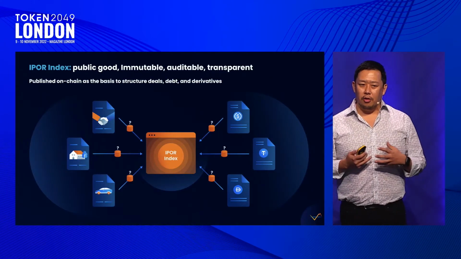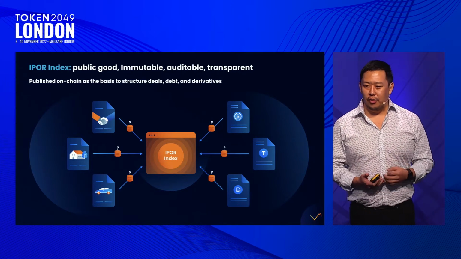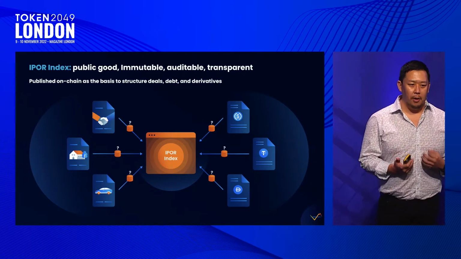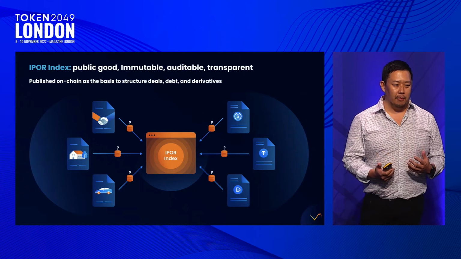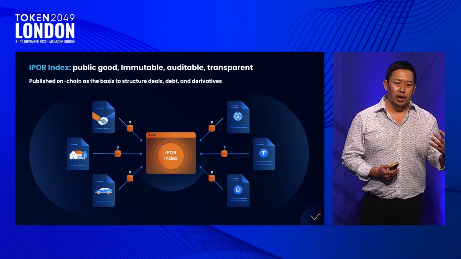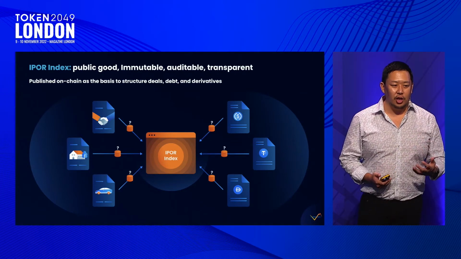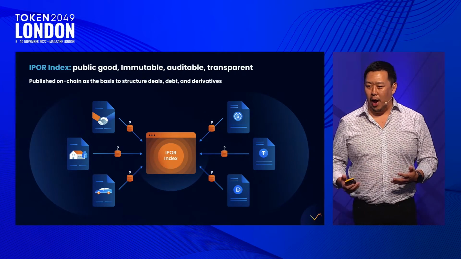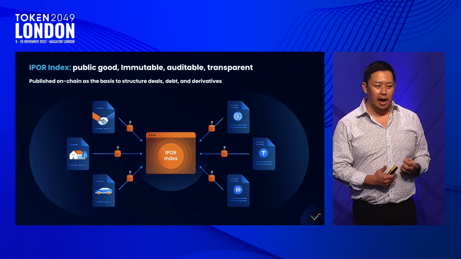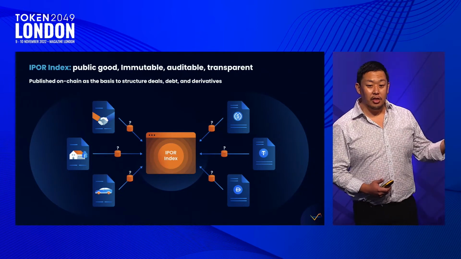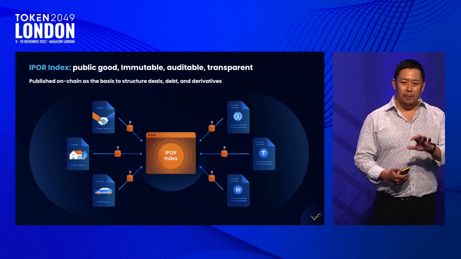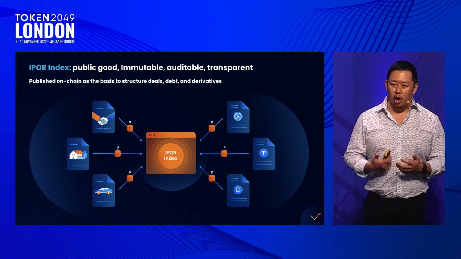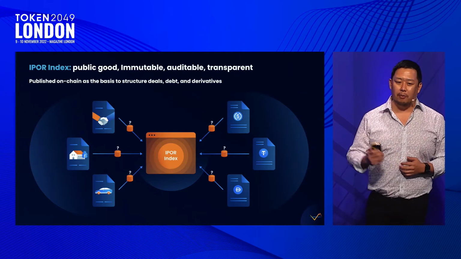Okay, so this IPOR index is a public good. If we look at something like black box, lack of transparency, you're looking at, let's say, the discontinuation of the LIBOR. You have these long-dated instruments that need to be unwound, right? But you don't really have much insight into these. But in the blockchain perspective, we publish the IPOR rate. It's published block over block on chain, which means it's a public good.